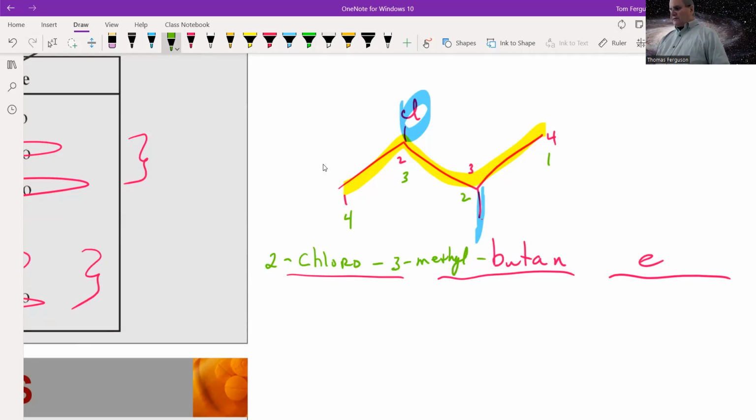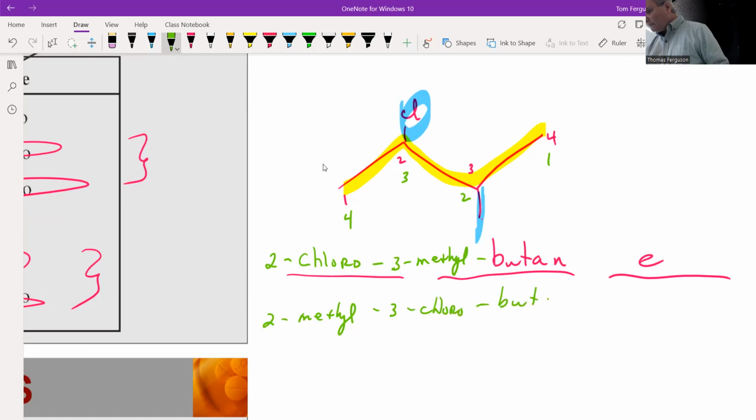If we went from right to left, we'd have 2-methyl. So in this case, and for our class, you put it this way,